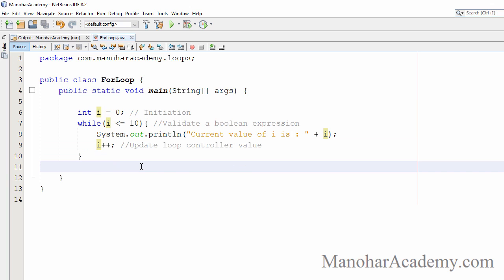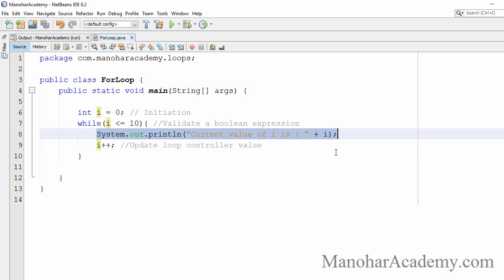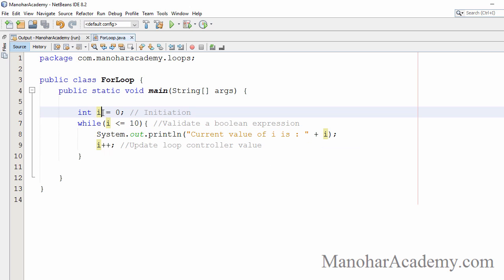So there are clearly three parts, actually four parts. First part is a task. In this case, it is simply printing the value of I. That is the task. We are controlling this task, or we are iterating this task depending on the value of I. And I has to be initialized.